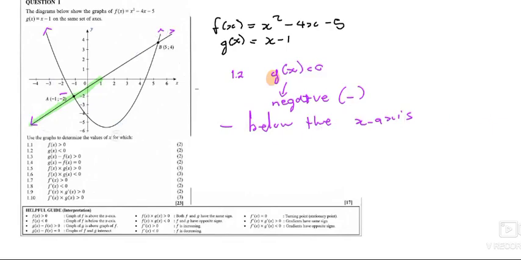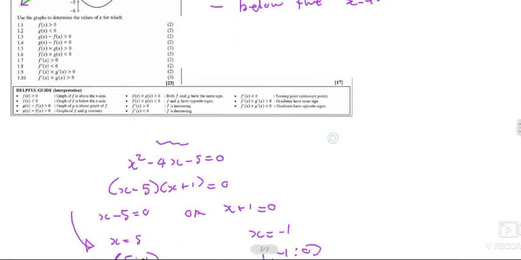Now G is negative 9. The y values become negative below the x-axis. Always the y values become negative below the x-axis, positive above, right? So now below the x-axis, how and when does it become negative? It starts here from 1, where 1 is the x-intercept, and you can prove that it's the x-intercept by making y equal to 0. So by making g of x, which is the y, equal to 0,